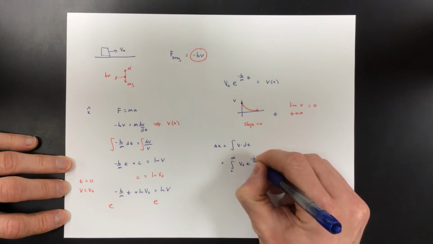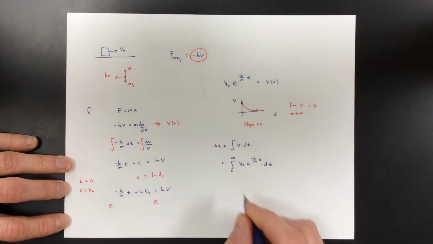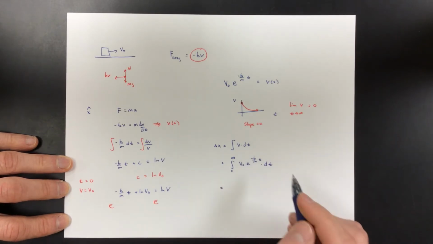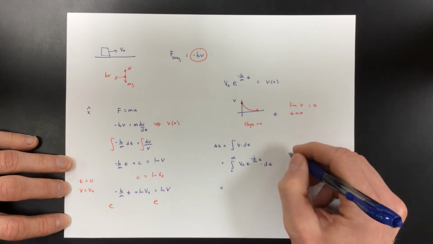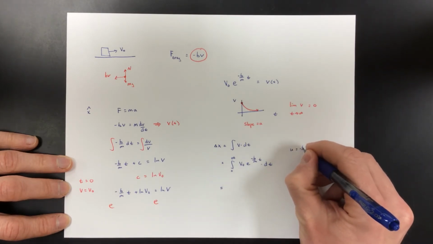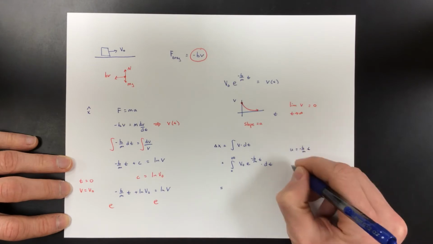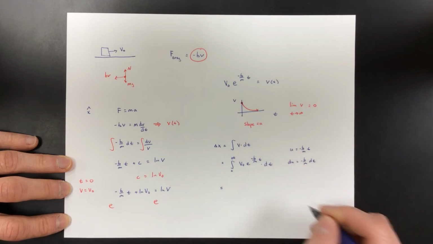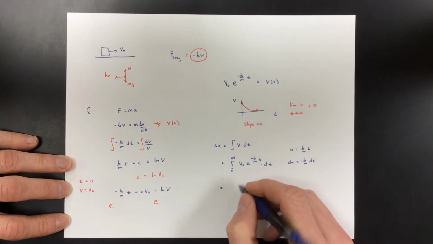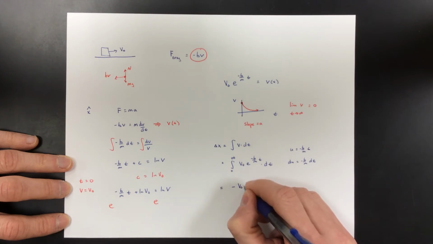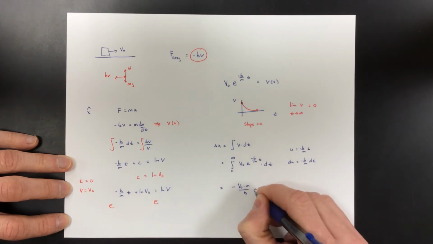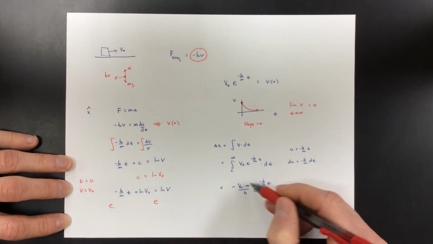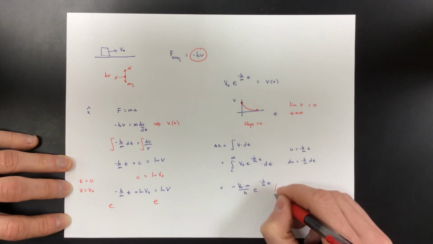We get this dt. The integral of e to the u, we just have to work with some chain rule issues. If you need to, you probably should look at a u substitution, where you would make u negative b over m t, and then du is negative b over m dt. And again, the result you're going to get is a negative v naught m over b e to the negative b over m t. If you want to check that, just take the derivative of this and you get this, and evaluate that from